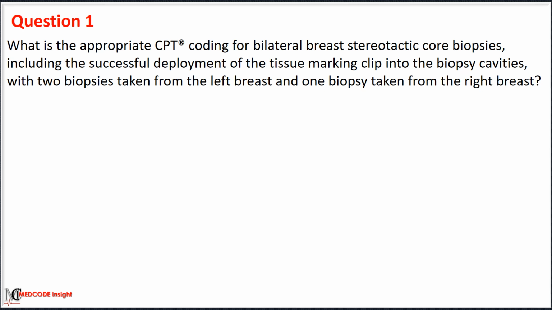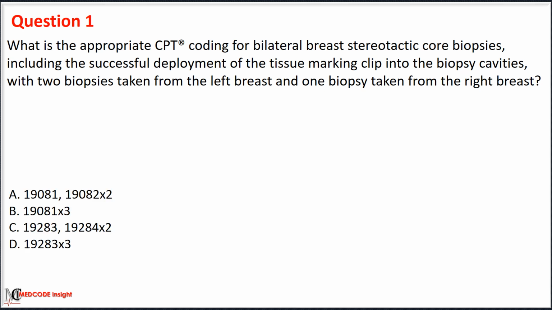What is the appropriate CPT coding for bilateral breast stereotactic core biopsy, including the successful deployment of the tissue marking clip in the biopsy cavities, with two biopsies taken from the left breast and one biopsy taken from the right breast? Option A, with the service code 19081 and 19082 into 2. Option B, with the service code 19081 into 3. Option C, with the service code